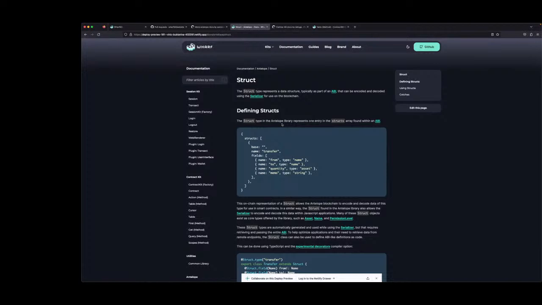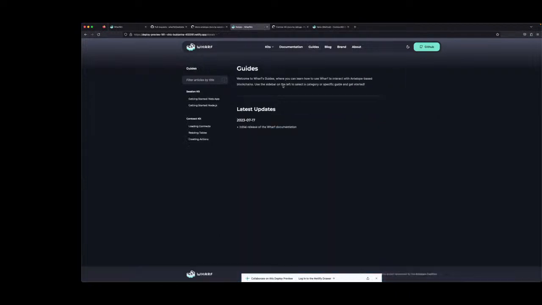And then the guides section is one step beyond that, where we start tying all these components together into common tasks that a developer may need to do in order for their application to work. So we would expect a bunch more guides to start here. There's going to be some video content coming in here.